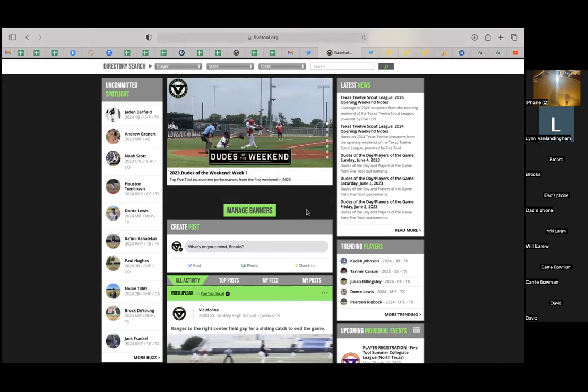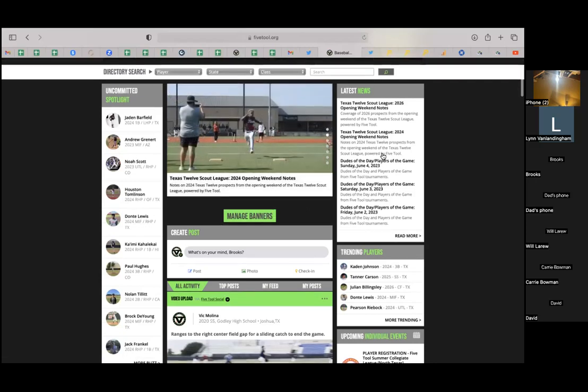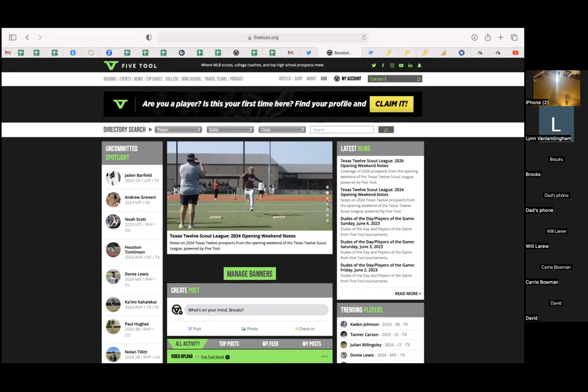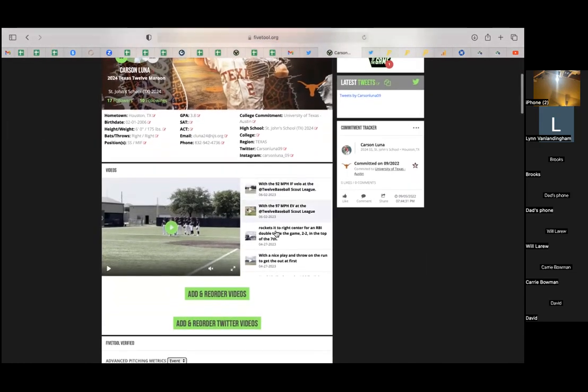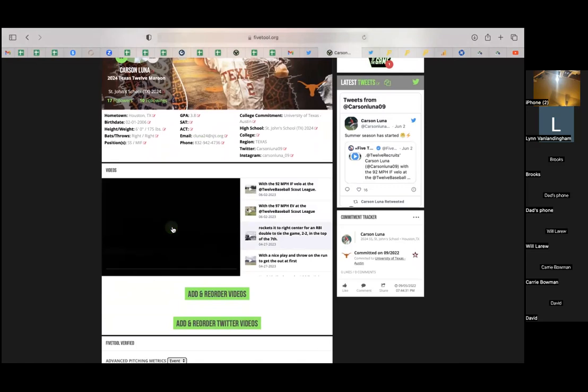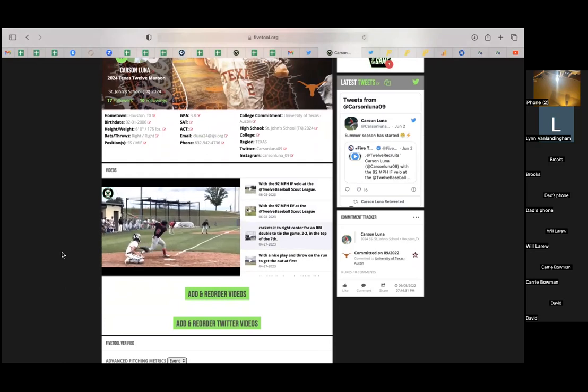And what this does is it basically creates the ability for the player to manage his own resume. And so, if he's a premium subscriber, he comes in here and he can send the URL of his videos to any college coach in the country, any professional scout in the country. And even if that school is not subscribed, they'll still be able to see his videos.